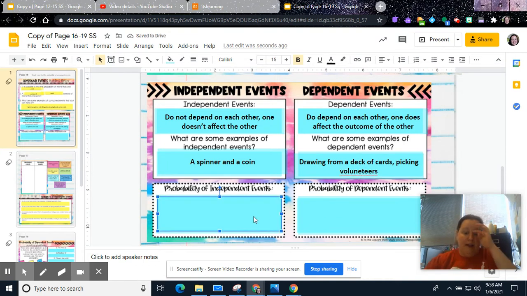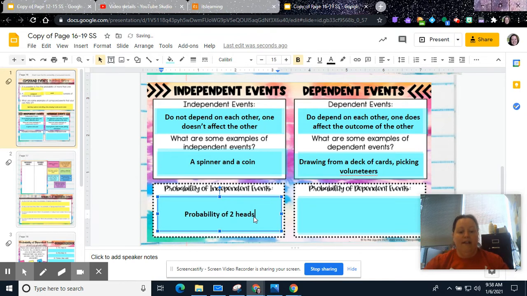So the probability of independent events. Really for both of these, what you're going to do is find the probability of each thing happening and then multiply them together. So if we think of, I'm going to do 2 coins since we don't have a spinner picture here. So it's like the probability